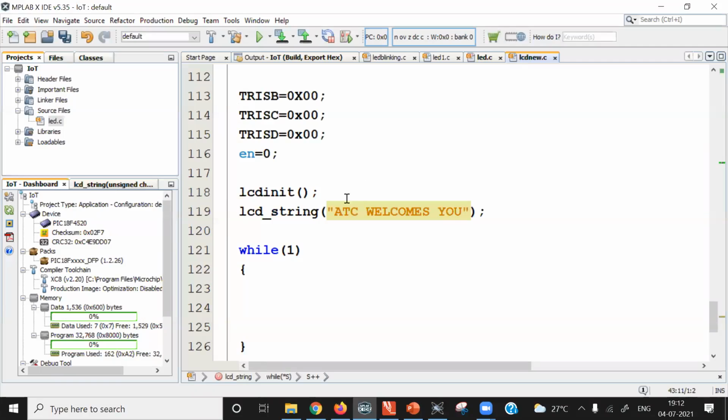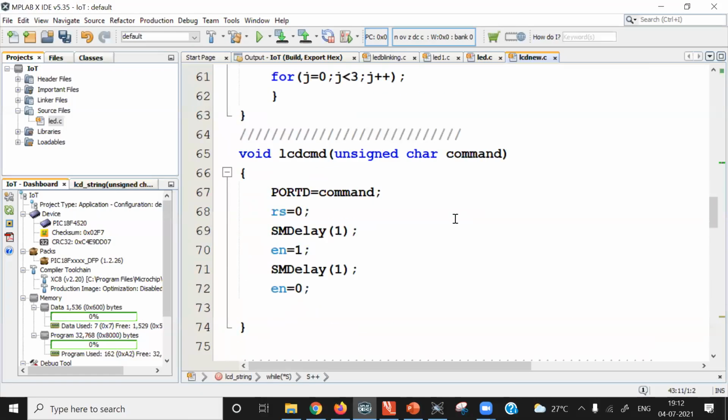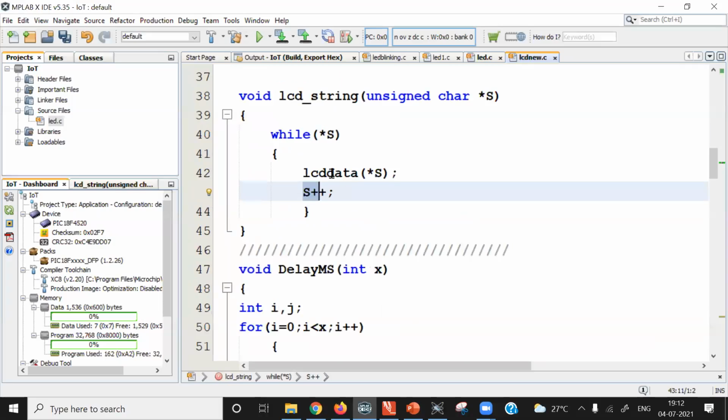Likewise all characters will be displayed, and finally this pointer will point to the last character in the string, which is nothing but the null character. When the null character is the argument for this while loop, it will be terminated. The moment a null character is detected in the string, the while loop will be terminated.